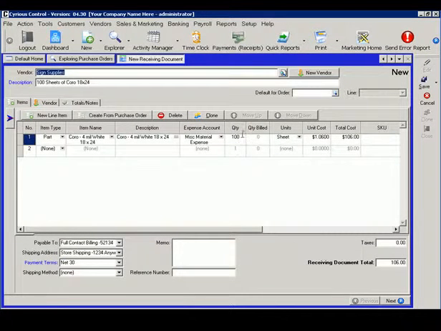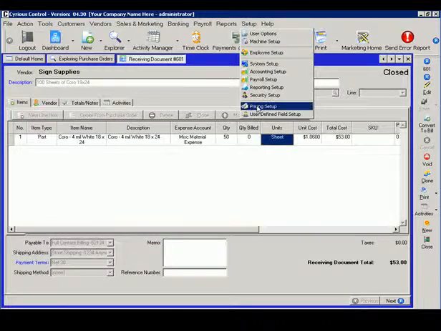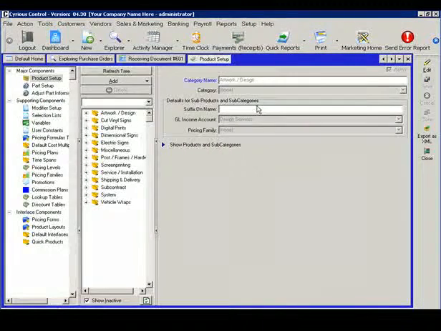And then I want to say that, well, they only really sent me 50 sheets. So I would then come and change my quantity to 50 and then save my receiving document. And once I save it, it's going to automatically close it. I can then go back to my Coroplast or my part,